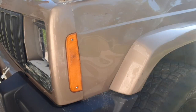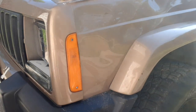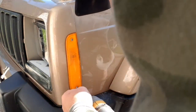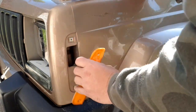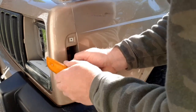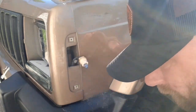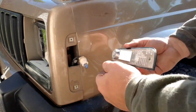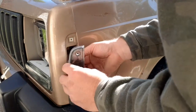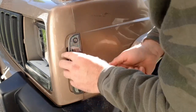Go ahead and change these out while we're here on this side. The only thing I don't like is that you got to use your factory screws. It'd have been nice to get some new hardware, but oh well. Pulls out. Got to use some